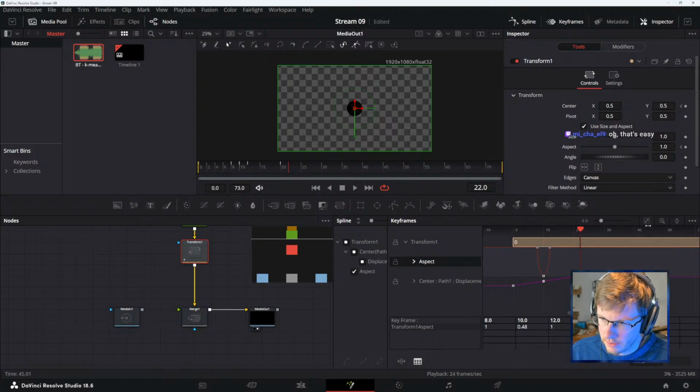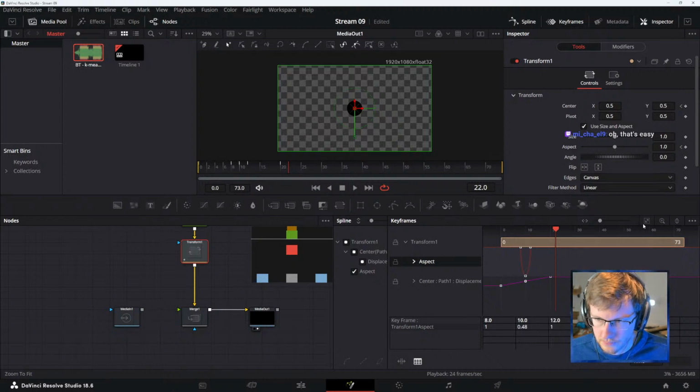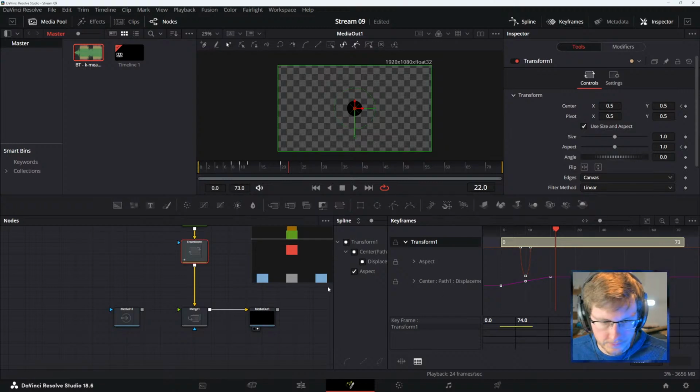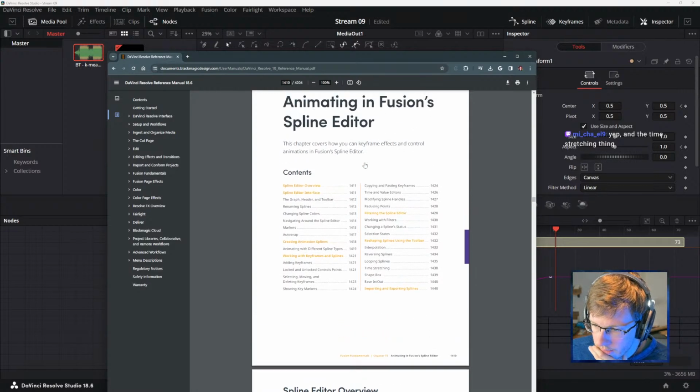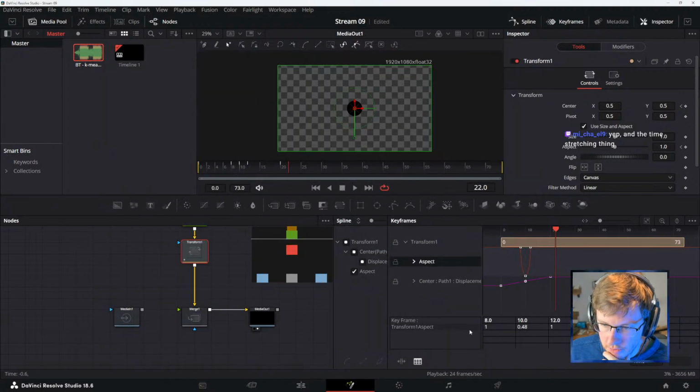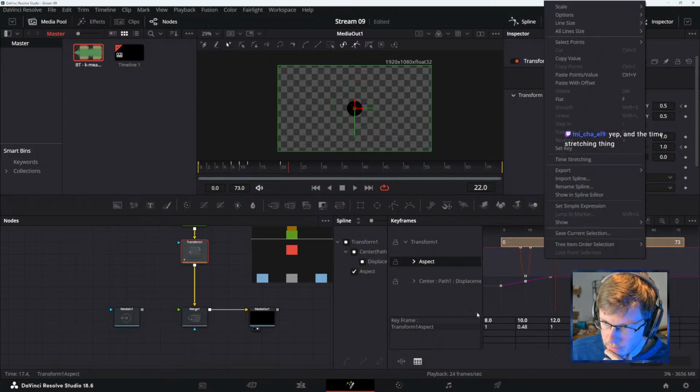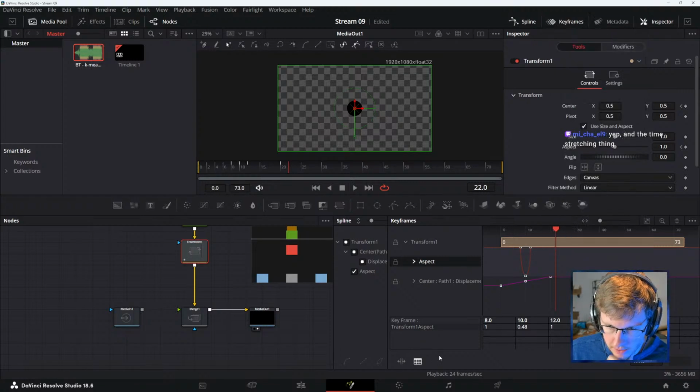That's the main bit, isn't it? That's the keyframe editor. And the time stretching, yeah, which I saw is also down here as a button. I was right-clicking to do it, but you can also click this button down here.